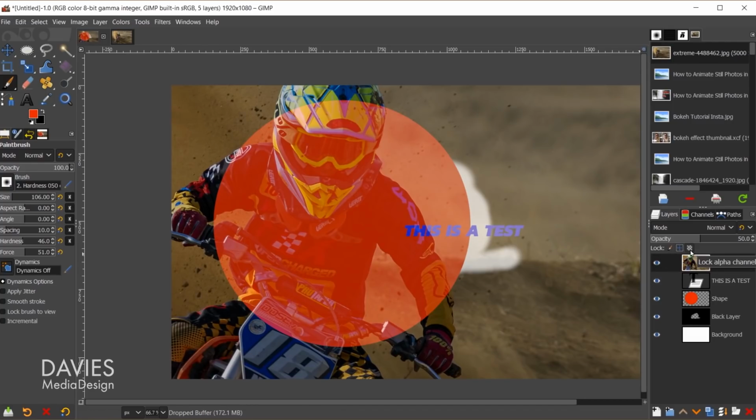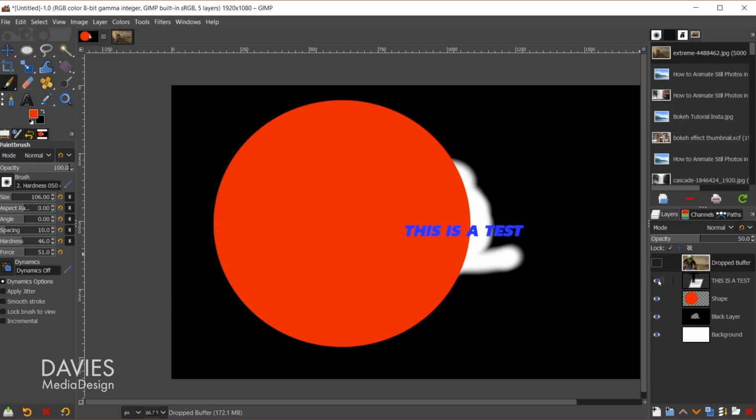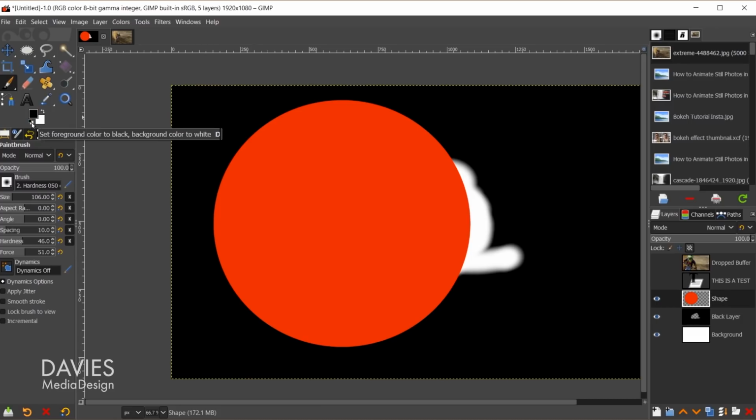The final lock option is going to lock the alpha channel. Let me actually just hide this top layer and the text layer. Click on the shape layer, and now come over here and lock the alpha channel. So right now the alpha channel is all the transparent portions. This basically means if I come over here, let me reset my colors and then switch my foreground color to